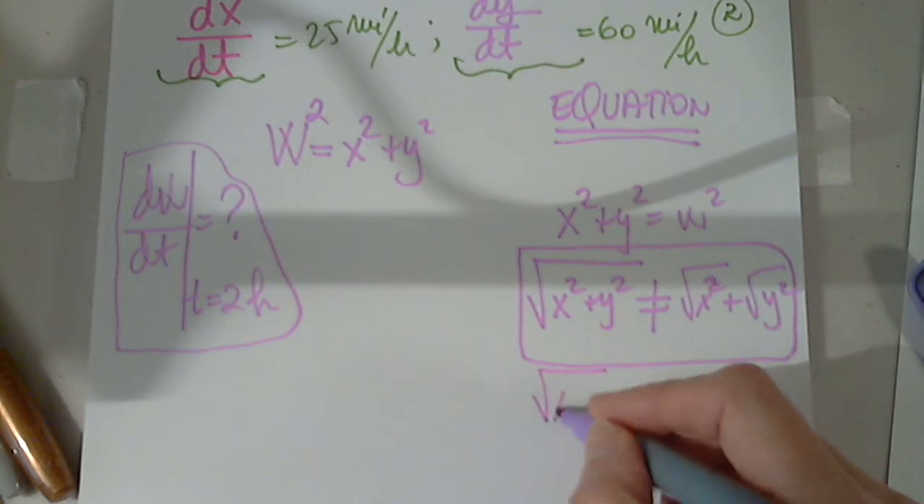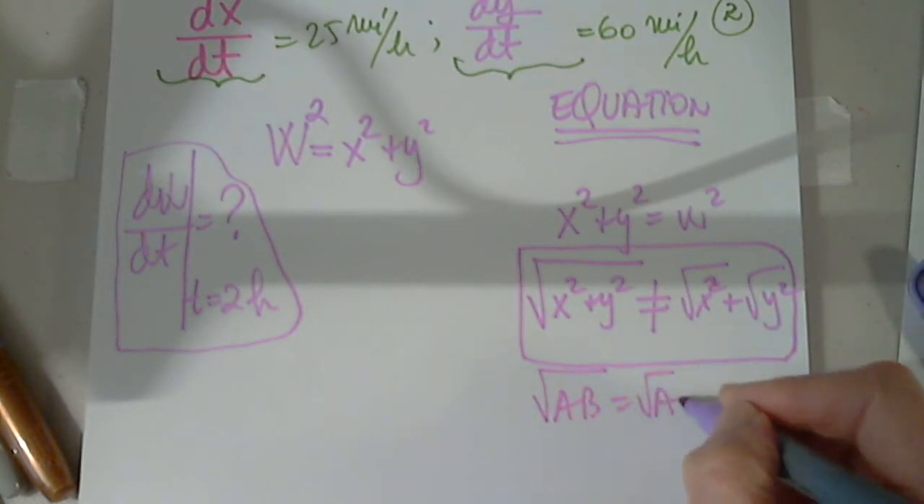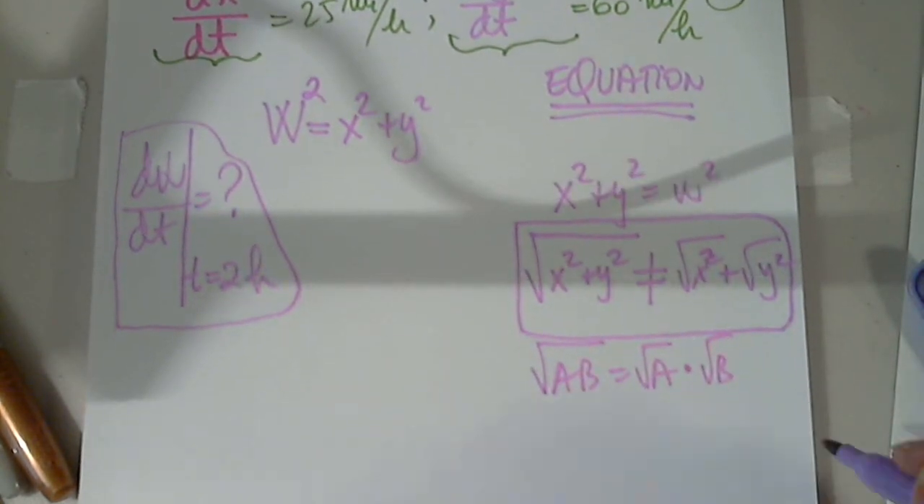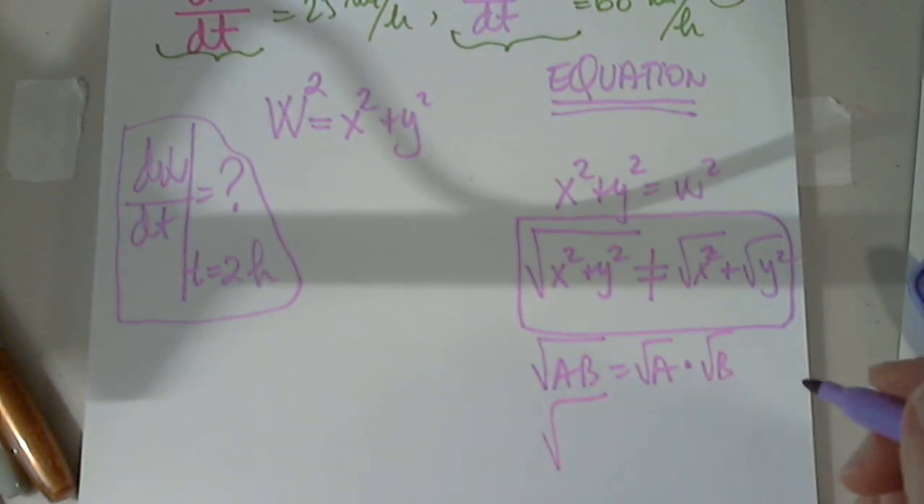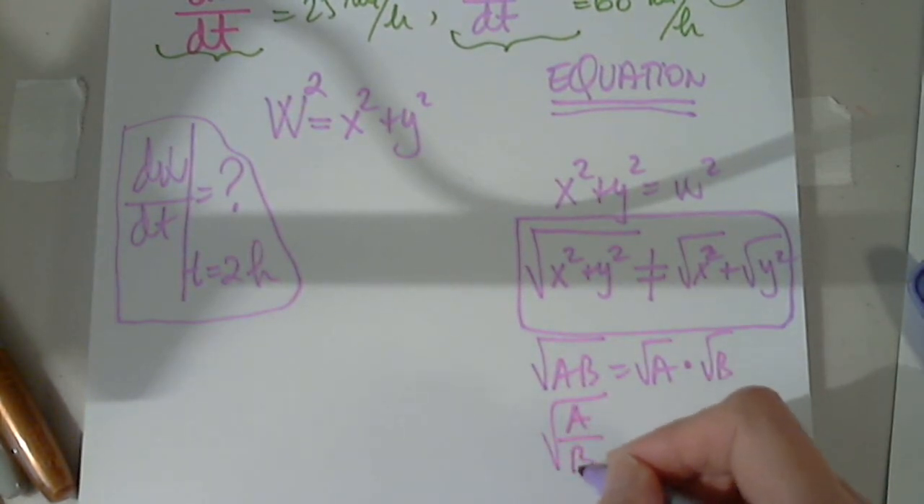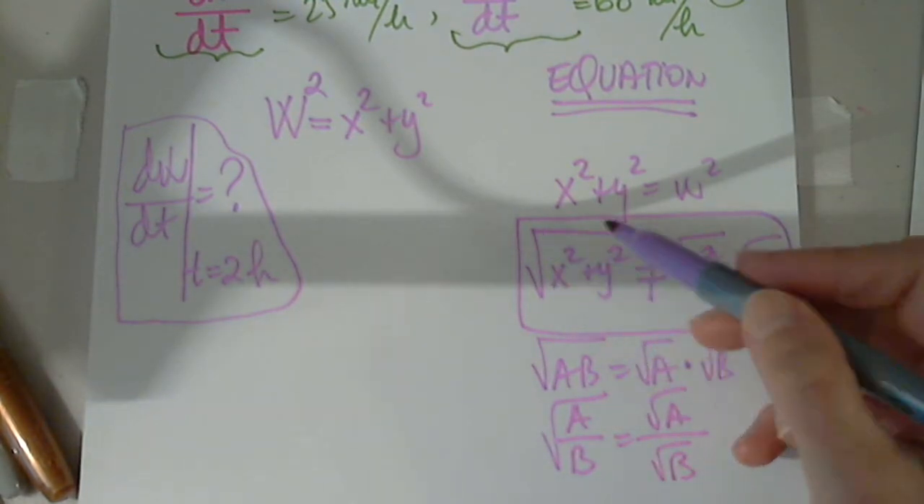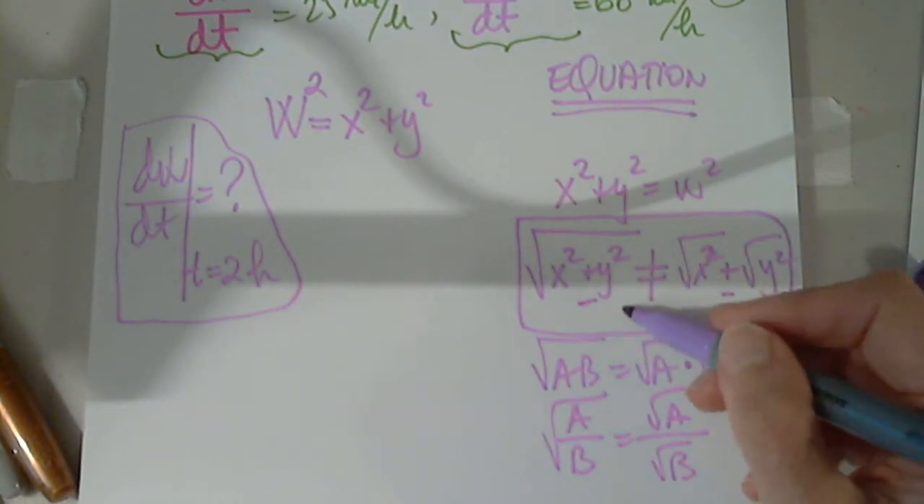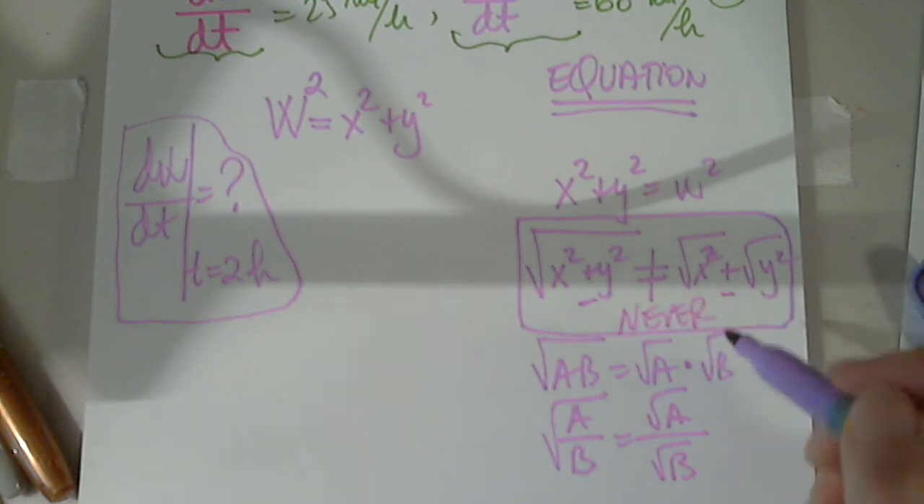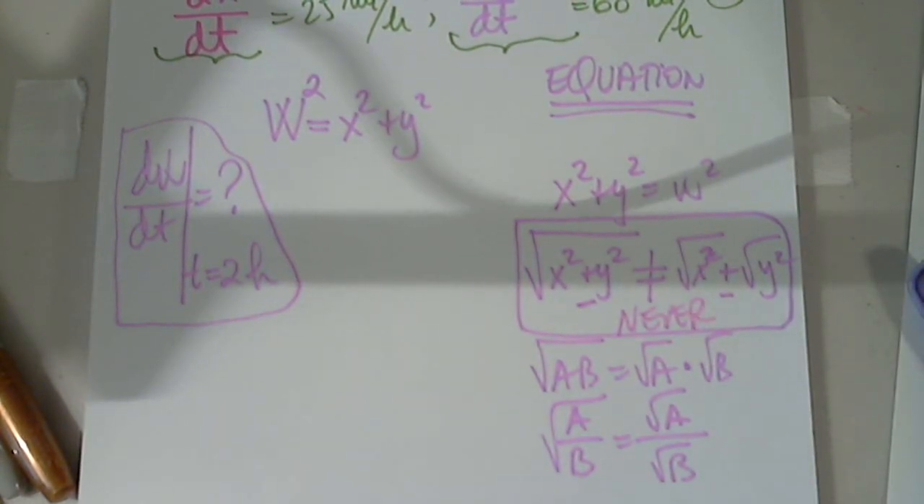You can say the square root of AB is the square root of A multiplied by the square root of B. That is allowed under real numbers. So this is allowed, but taking the square root of a sum or a difference, never. You can never do that. Okay, so our equation